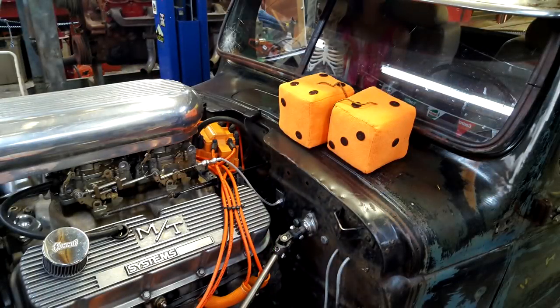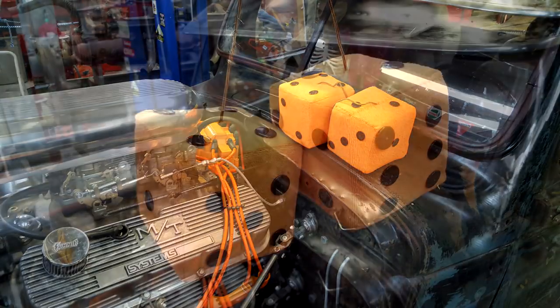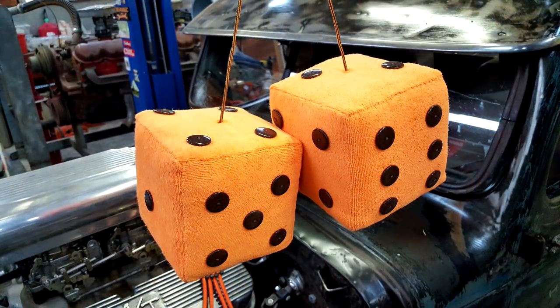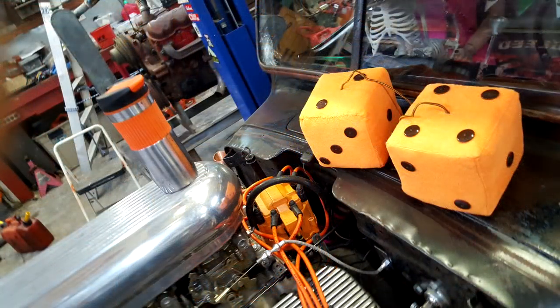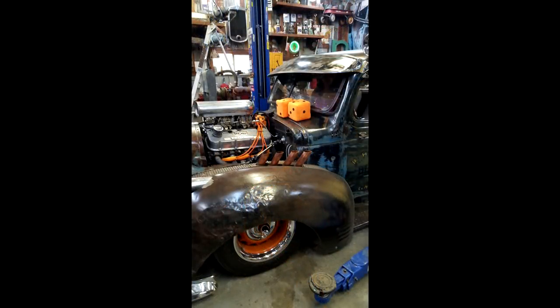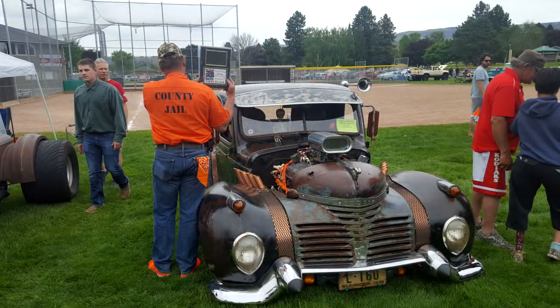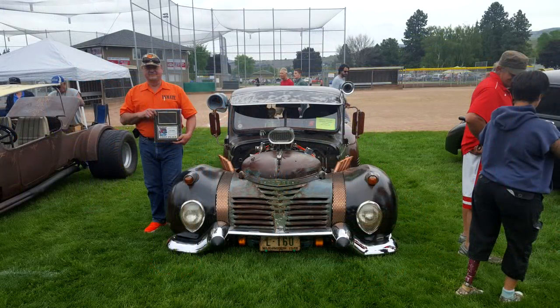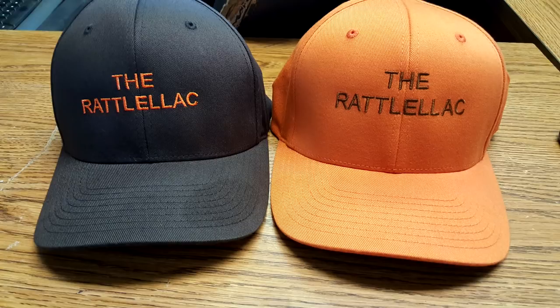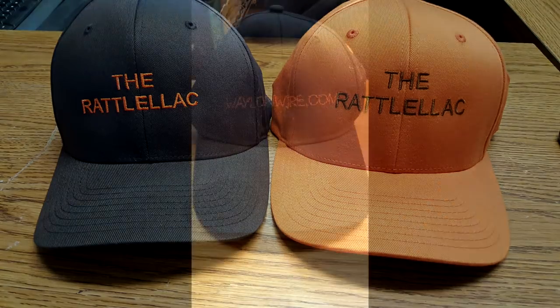You know, it seems like this year there's just not enough hours in the day, so it's a good thing my old lawnmower's got a headlight on it. Now I can work day and night. And my good old sister's come through for me again, bless her heart. She reupholstered my dice to hang on my mirror, and so now they match my spark plug wires and my coffee cup and my wheels and my shirt and my shoes. And my hat. Got a couple new hats. The Radillac and